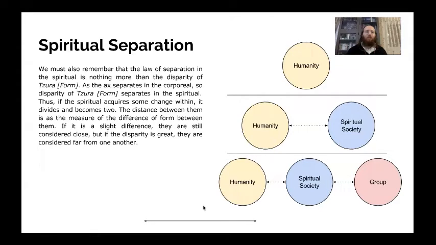Spiritual separation. We must also remember that the law of separation in the spiritual is nothing more than the disparity of tzura, form. As the act separates in the corporeal, so disparity of tzura, form, separates in the spiritual. Thus, if the spiritual acquires some change within, it divides and becomes two. The distance between them is as the measure of the difference of form between them. If it is a slight difference, they are still considered close, but if the disparity is great, they are considered